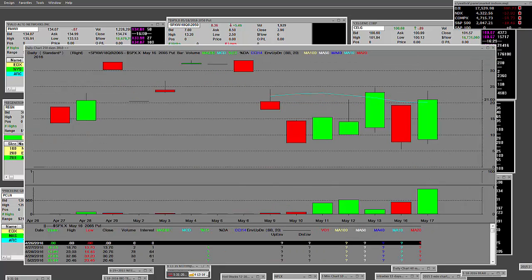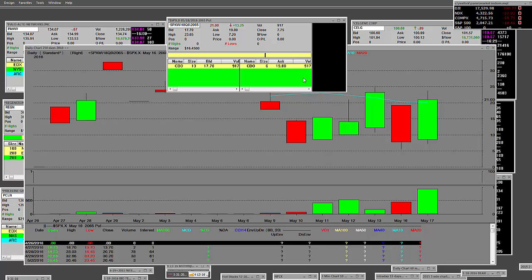Here's the 2065 put. Here, again, the 2065, $7.20 with a huge move, $23.65. That's a $16 move. If you only had 10 contracts,